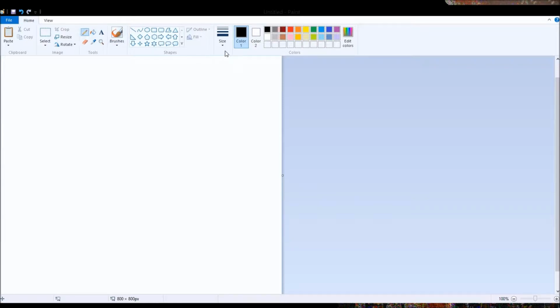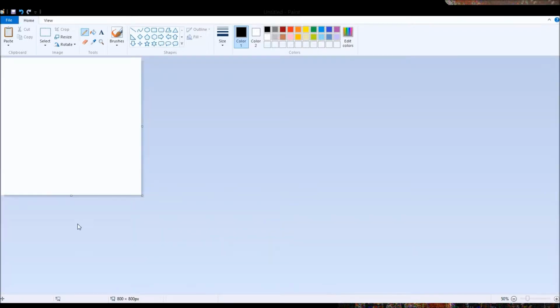Okay, let's use a pencil. I want a slightly larger size so that I don't have any problems using the fill tool. So we're at about 100% here. I don't know if I want to draw zoomed out. But anyway, the way you draw any Sonic character is, of course,